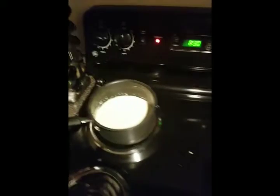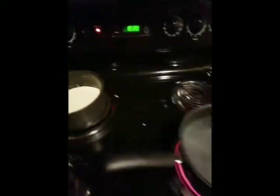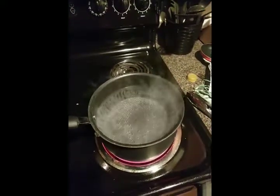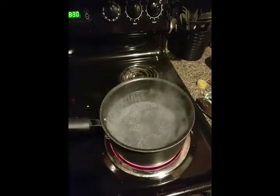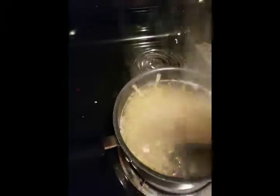So still just have that back there simmering. Like I said, the longer we can let that simmer, the better. And our pasta water is about to boil, so we'll go ahead and cook those, and I'll see you guys in about 9 minutes. Actually, I'm going to peek back in here while this is still boiling